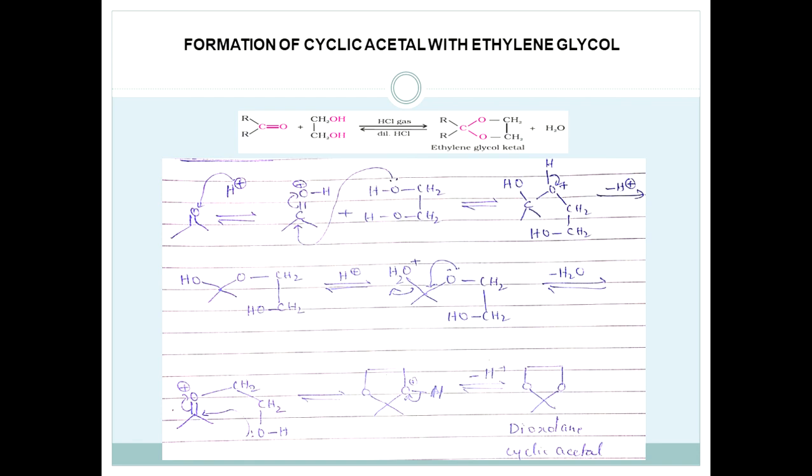So, it is necessary to protect an aldehyde or ketone in a molecule to prevent it from reacting during the course of transformation of some other functional group in the molecule. This is done by converting the carbonyl group into an acetal or cyclic ketal. After the reaction, the carbonyl group is regenerated by acid hydrolysis. So in this way, we are protecting the aldehydes and ketones.